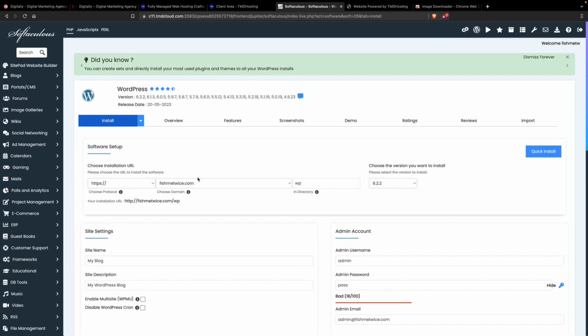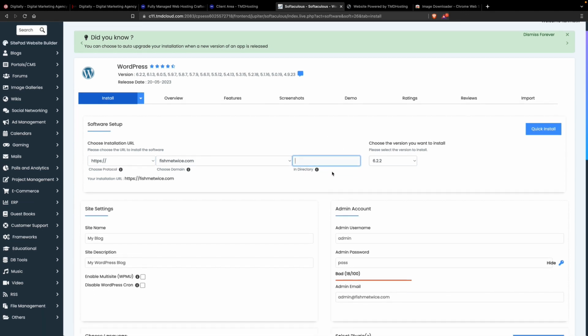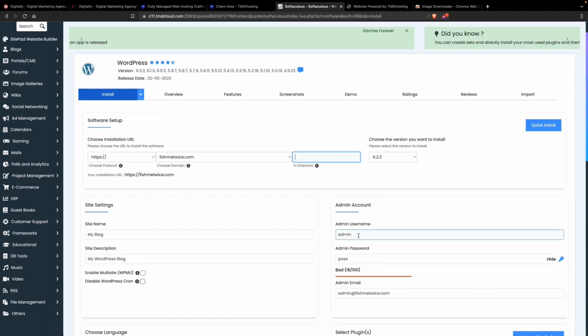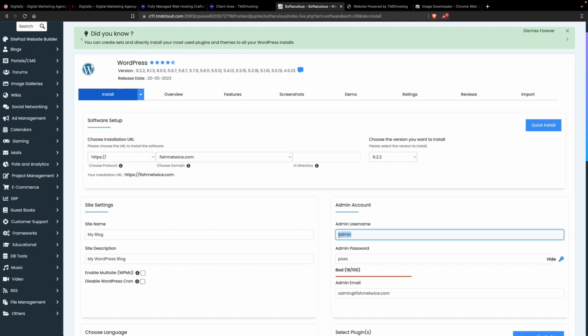There are a lot of functions here, but we will install WordPress to the main domain. So we have to delete WP, because if we install WordPress to WP, it will not install to the main domain. So we are going to install to the main domain and have to select HTTPS. We already have installed the SSL, so we have to select HTTPS so that the website will show secure in the browser. I will add admin username here,